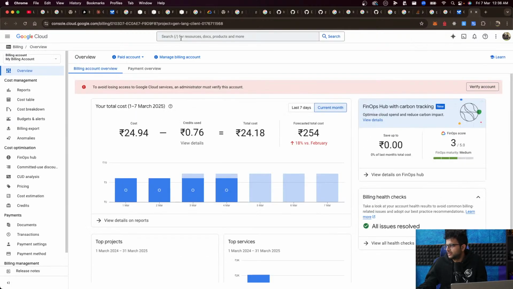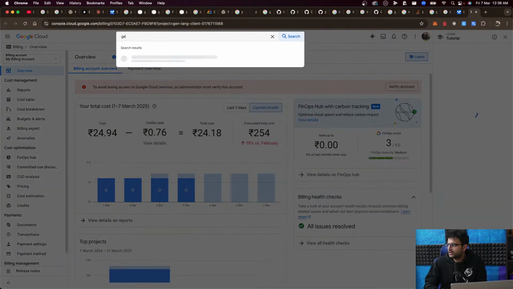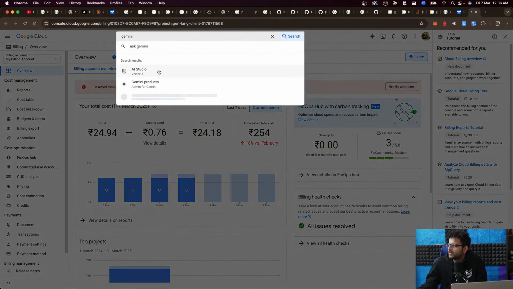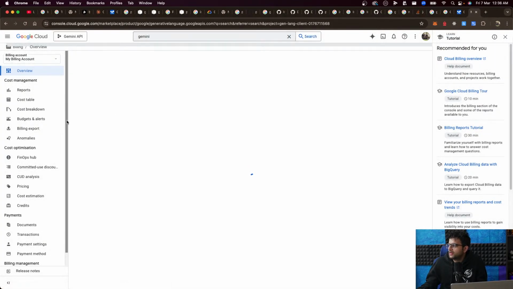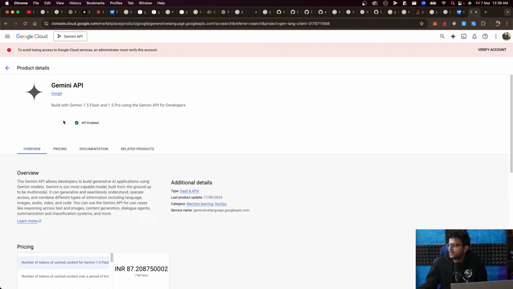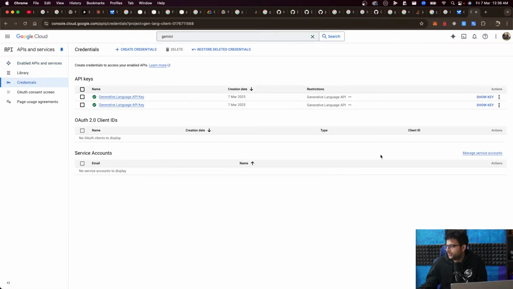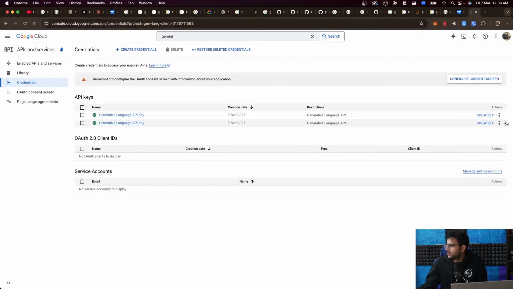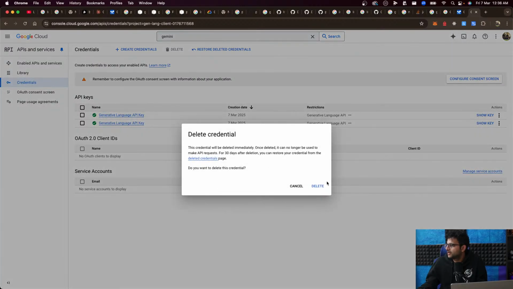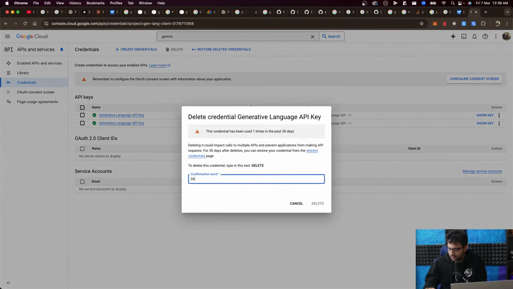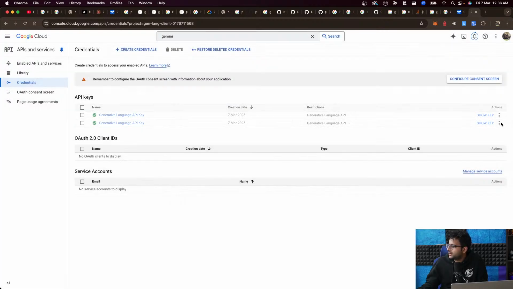Don't need this anymore. We're just writing a bunch of stubbed tests. Gemini API. Manage credentials, and I would delete both of them. Delete. And delete the other one as well.